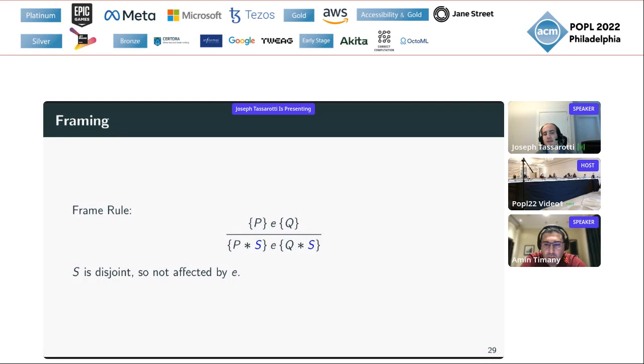So we know that E doesn't affect S as it executes. That's why we can just deduce that S must hold in the postcondition for free.